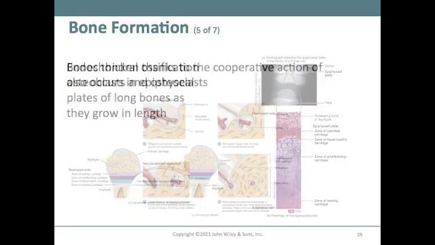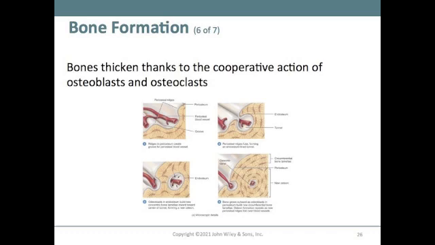Moving on to page 190, figure 6.8. Bones thicken thanks to the cooperative action of osteoblasts and osteoclasts. This diagram goes through how the bones are forming around those blood vessels. So we see we've got an artery, and as this cartoon progresses, wow, what does that look like? It looks very much like a